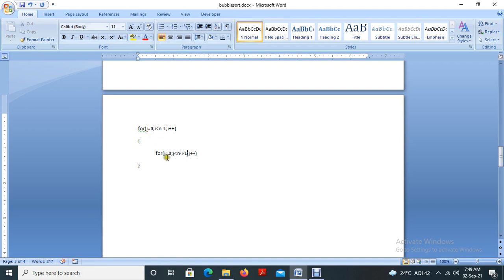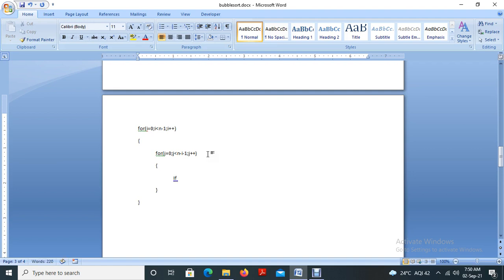So j equal to 0, j less than n, 5 minus this i value equal to 1, minus 1. So 5 minus 1 minus 1, 3. So j less than 3. So it reaches up to 3 and does the process. Hope you are clear. Then if this is the case, we are going to write the program for the internal comparison. How will you do that?